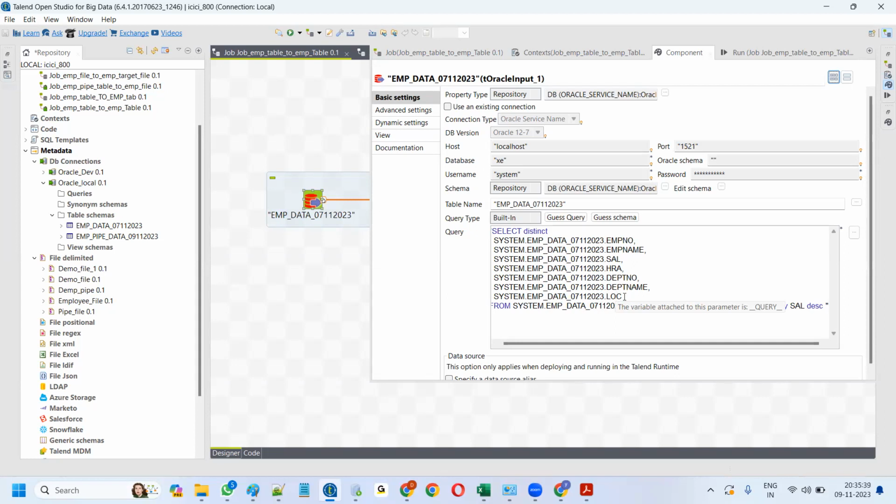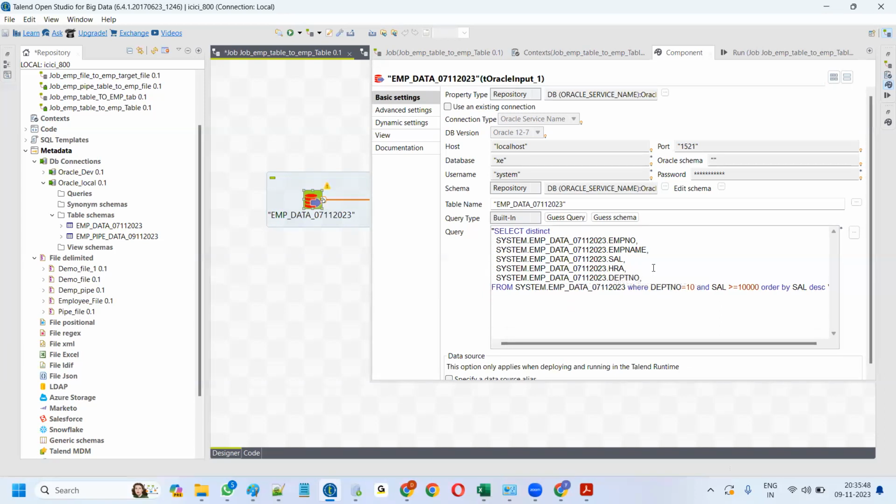I don't want these two columns. These two columns are irrelevant data. I remove these two columns. We can also remove that. We can also remove. After removing the data,